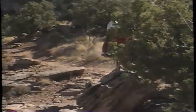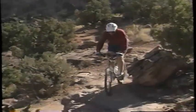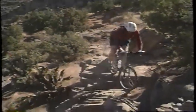Train your vision patterns to pick the best lines. Focus on where you want the bike to go, not on where you're afraid it will end up. Scan the trail ahead of you, looking up the trail and back. The faster you go, the farther out front and more often you need to scan. Look to brake in smooth sections where there is better or at least predictable traction. It's more effective to slow down to the appropriate speed and then release the brakes to let the bike roll